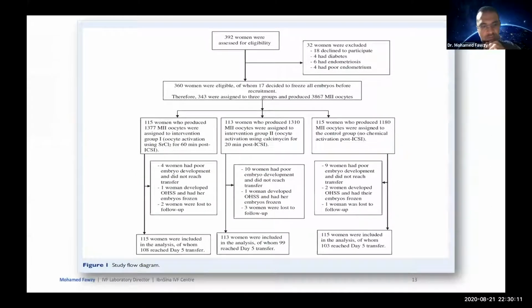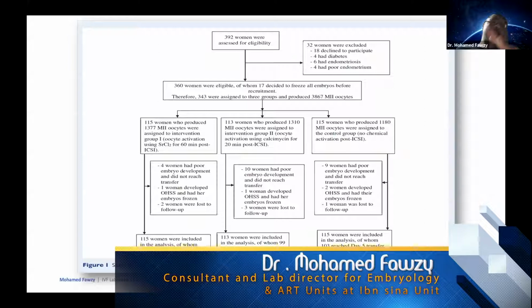This is a flow chart of the study we did between April 2015 and January 2016, but with a screening period of close to 18 months before recruitment for these cycles, and then inviting some of them to take part in a trial regarding methodologies that can help them improve their fertility, which was intended to make the duration of this study as short as possible to counteract any possible culture condition impact on